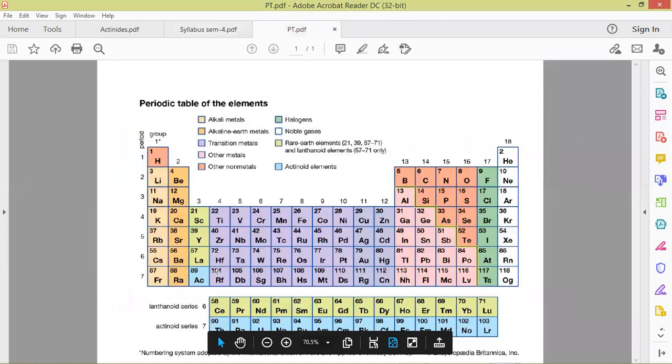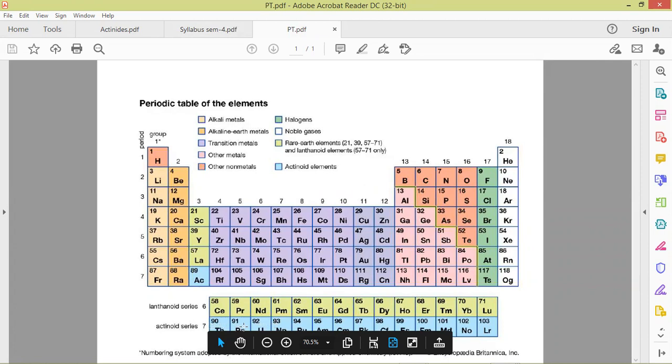The elements coming after actinium are called actinides. These are present as a transition within the transition series, as the d block elements are called transition elements. These lanthanides and actinides, as I have already discussed, are called inner transition elements, because these are present as a transition within the transition series. So these are the 14 elements where filling of the 5f subshell is there. The total capacity of the 5f subshell is 14. So these are the 14 elements.